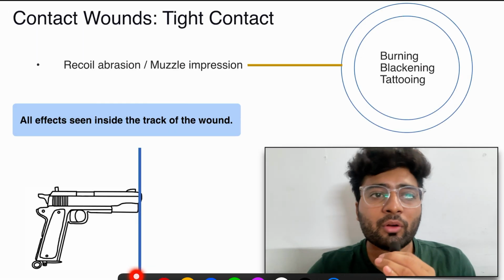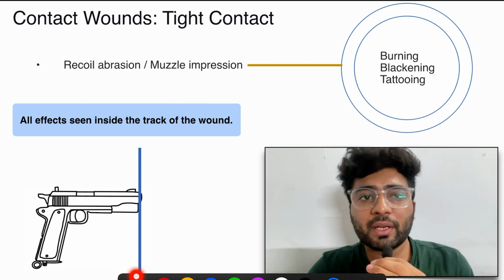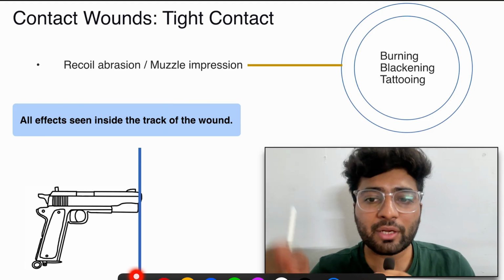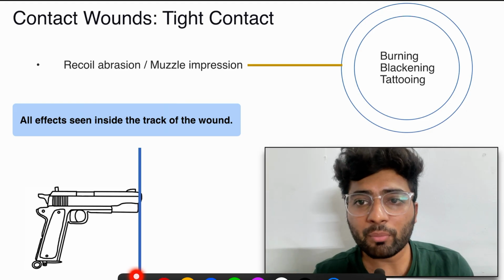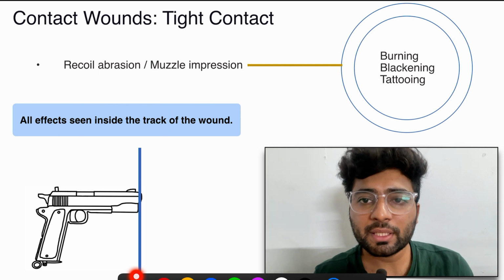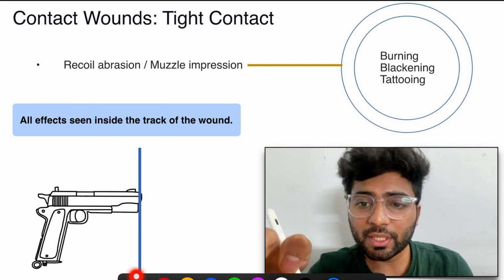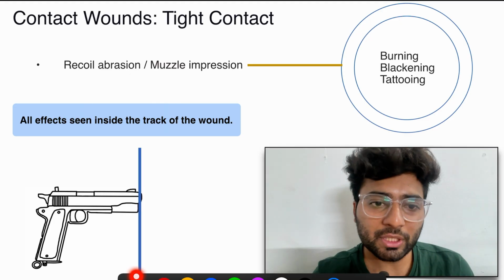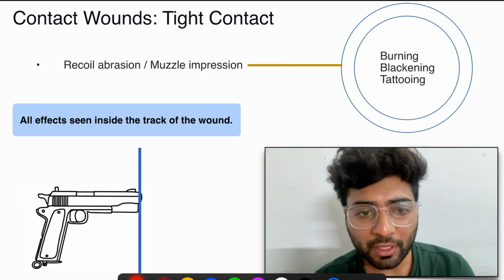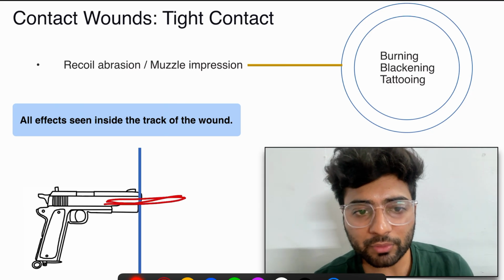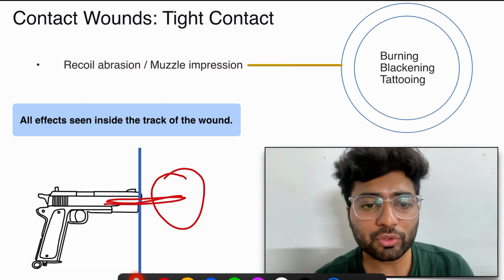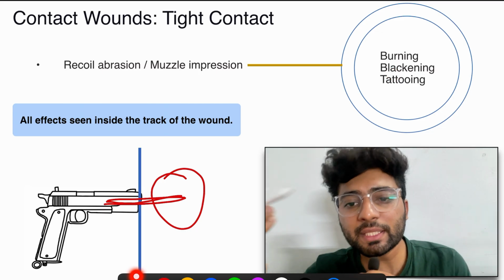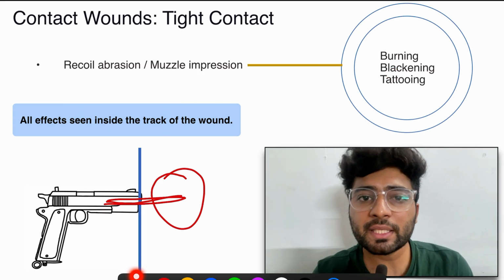Now what happens in a contact wound? Whenever there is a contact wound or a tight contact, then the burning, blackening and tattooing, let's say this is the puncture wound where the bullet entered. Now there is no space for the smoke or anything to escape, so there is a contact shot. So the smoke, gunpowder and everything goes inside the wound. So we have burning, blackening, tattooing inside the wound, and on the outside there is just a